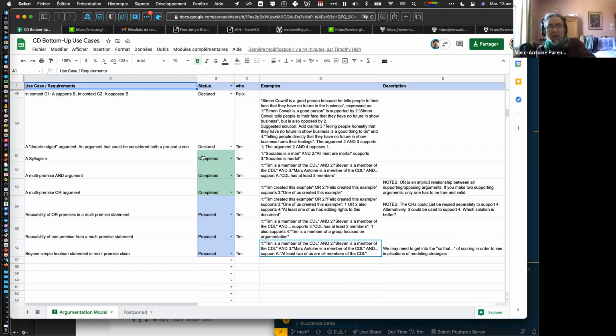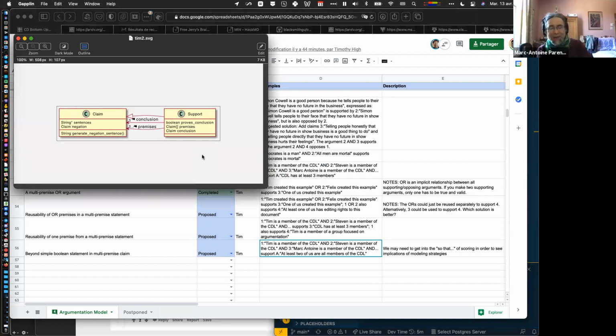And what I'm saying is we don't have the way to handle that yet, because what we have is a pure and absolute necessary condition, which I think is what we meant by multi-premise. And we have a pure or, an absolutely independent condition. And this kind of multiplicative condition we can't model in this model. We don't have any notion of scoring. We don't even have a notion of true or false here. It's implied, but we haven't modeled it. There's no way to record if something is true here, right?